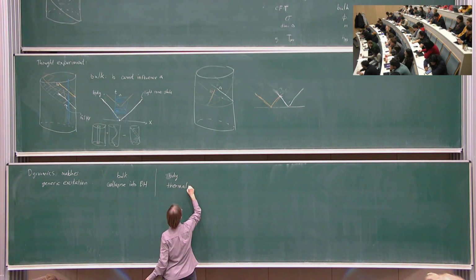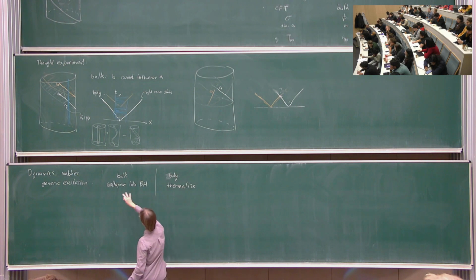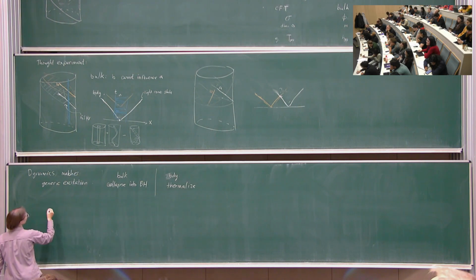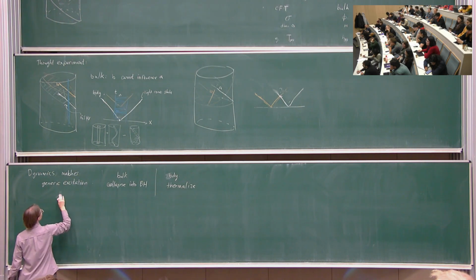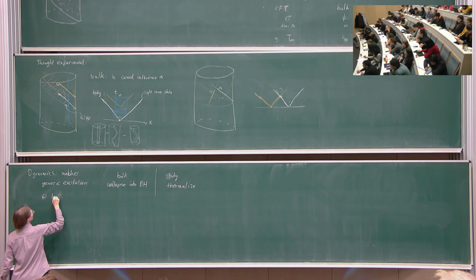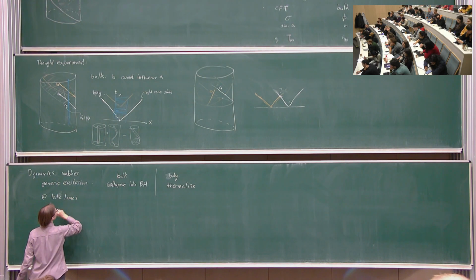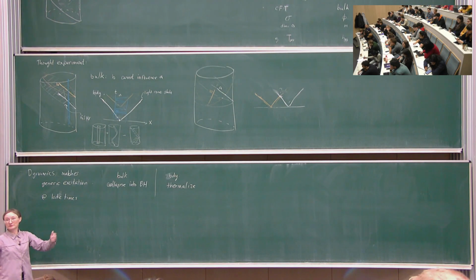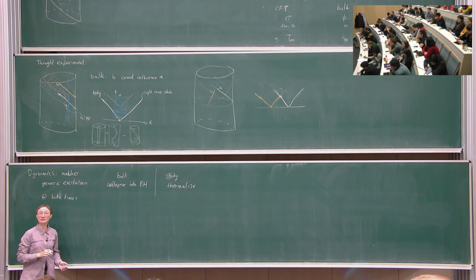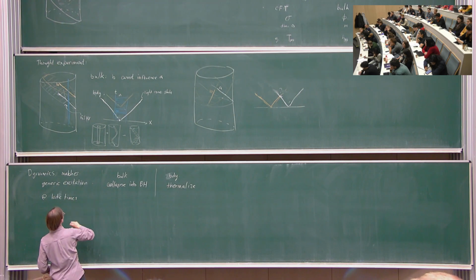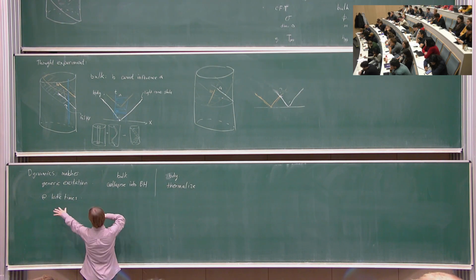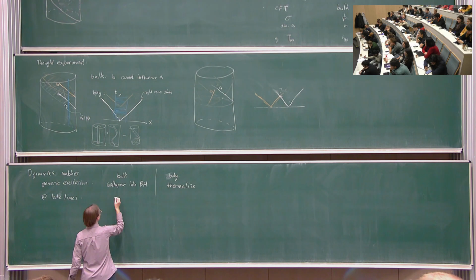But in any case, if you wait until large times, which in the case of black holes can be just a couple of light crossing times, because black holes settle down very quickly, at sufficiently late times, you have a black hole,